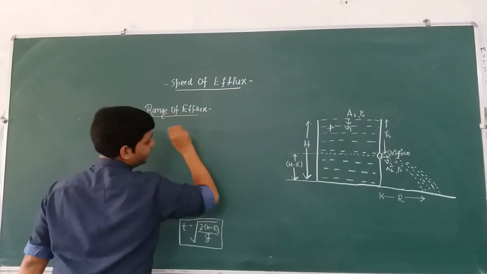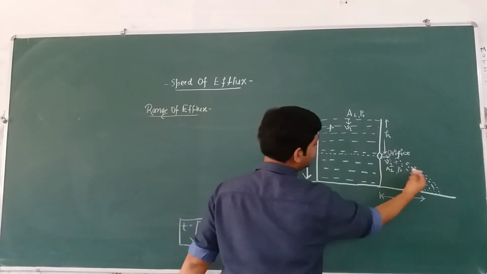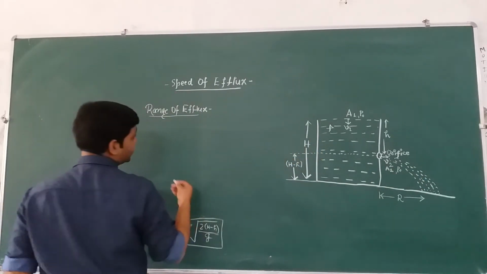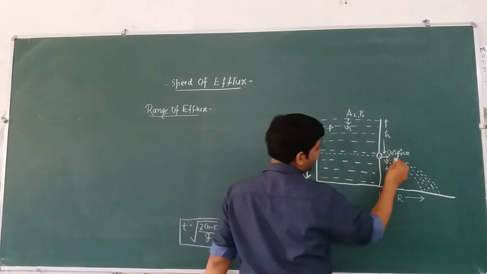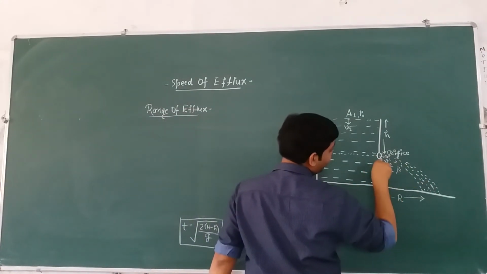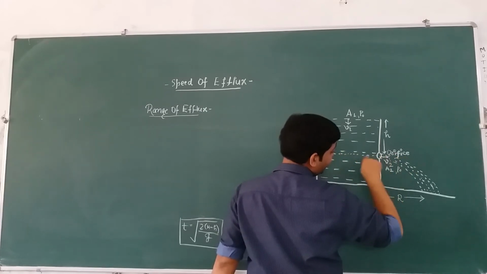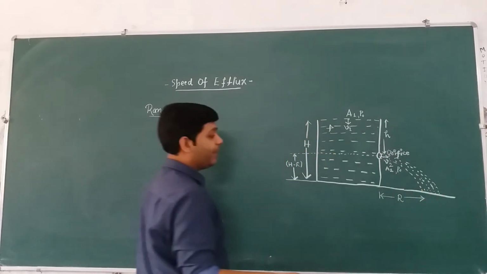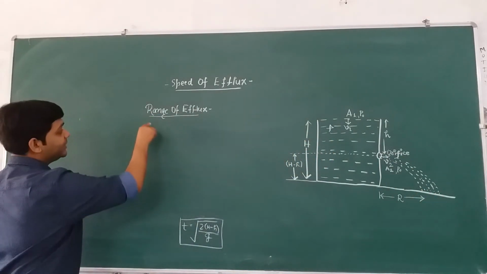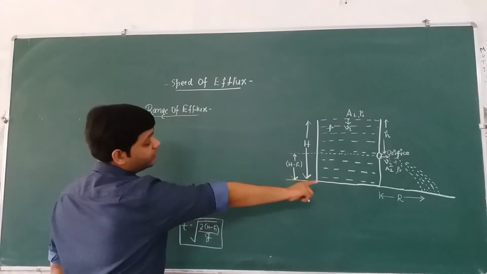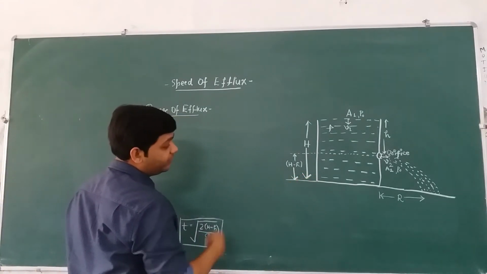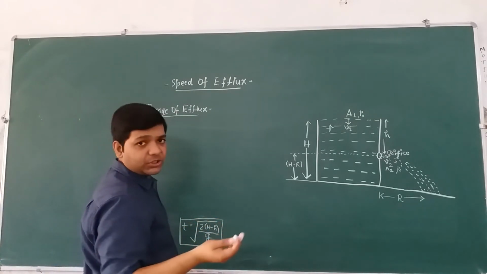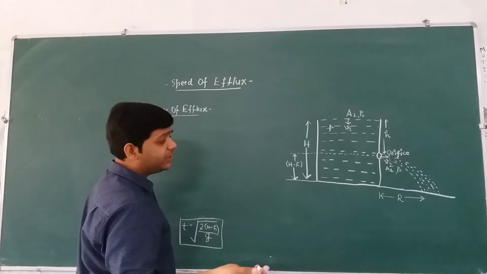To calculate the range of efflux, we consider the x direction motion of the efflux. And one more thing, remember that this path will be a parabolic path. It has velocity in the x direction only, and there is gravity, so the path will obviously be parabolic, right? And we are interested in calculating the range of efflux. So for calculating the range, we will consider the motion in the x direction, and there is no acceleration in the x direction, so we can directly use the relation distance is equal to